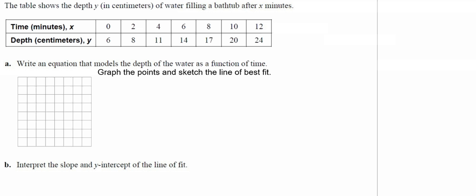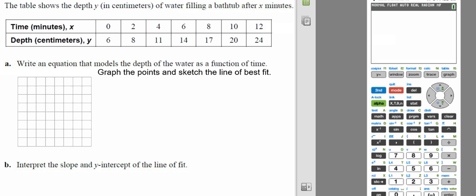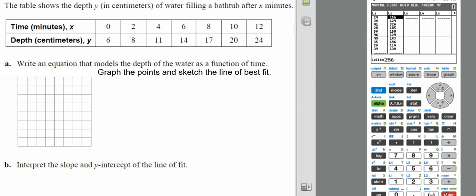So we're going to begin by pulling up our calculator and we're going to enter these values into our graphing calculator. The first thing we're going to do is go to Stat and then Edit. Now if there's something in there, you'll need to clear it out. So I'll go to the top, hit Clear and then Enter. So that goes away, and I'll arrow over and up and hit Clear and Enter, and I'm now ready to